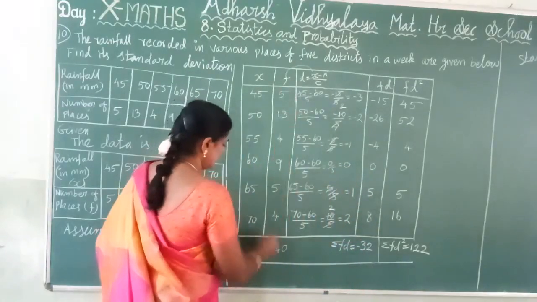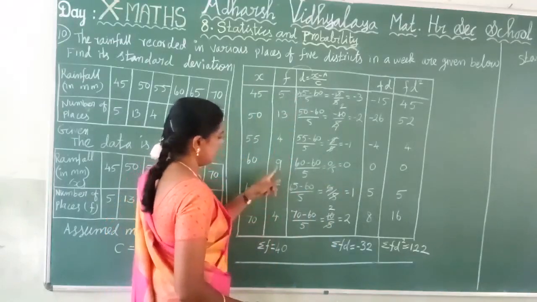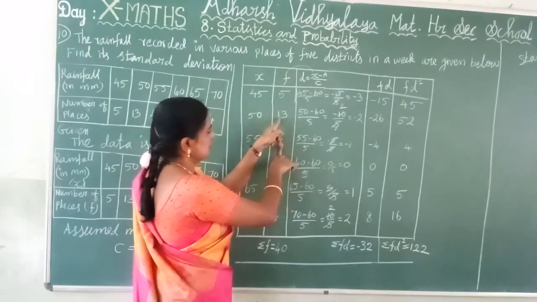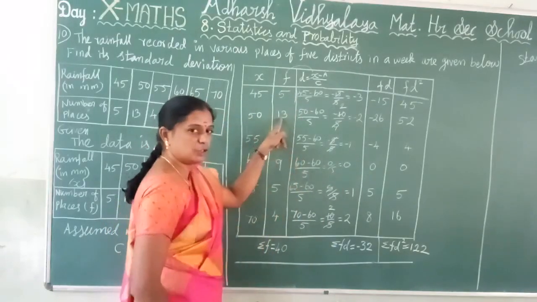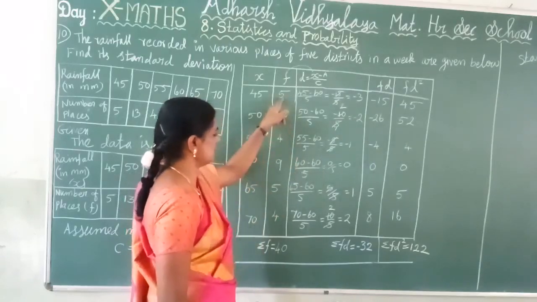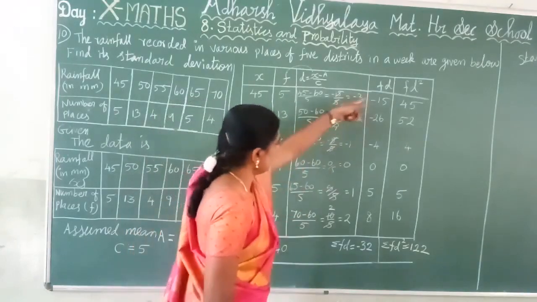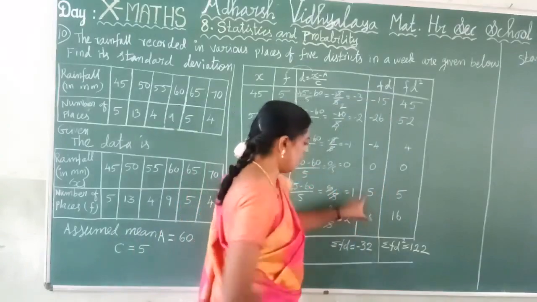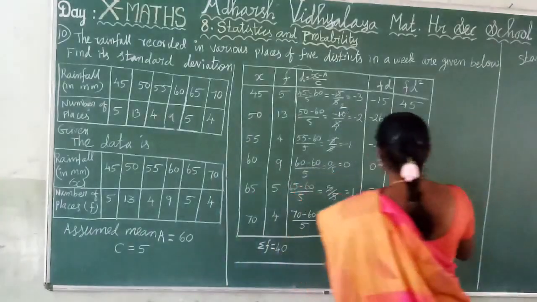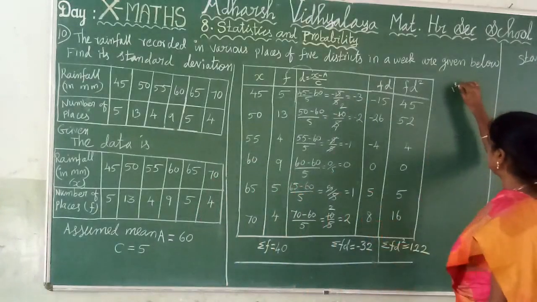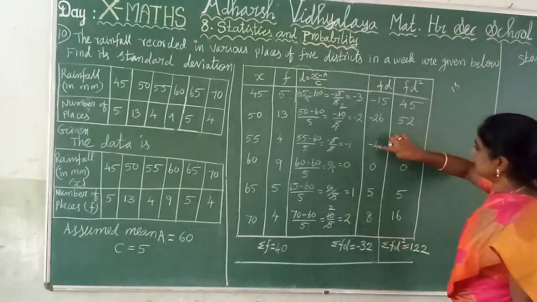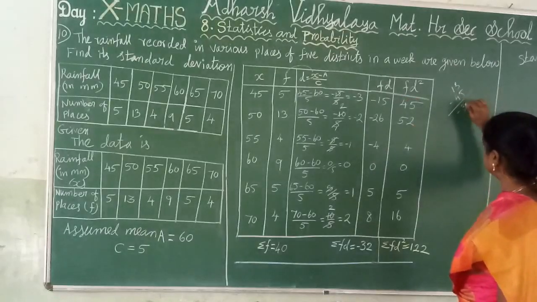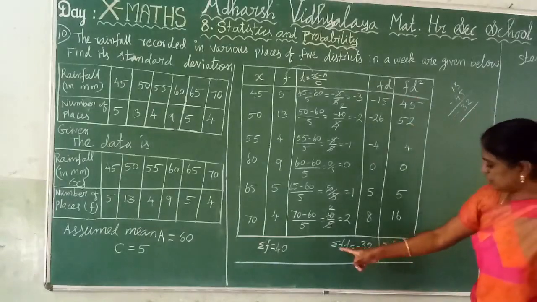And here we find the summation F. Add 4, 5, 9; 9 plus 9, 18. 18 plus 4, 22. 22 plus 13, 35. Add 35 plus 5, 40. Clear? And then add this also. Here two different signs are there, negative and positive. So add these two positive and these two. 8 plus 5, 13. Here these two: 15 plus 26 plus 4, 45. So minus 45. So what is the answer? Minus 32. Clear? So summation FD is equal to minus 32.